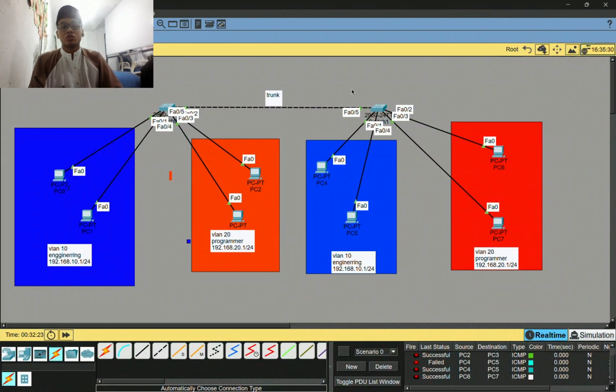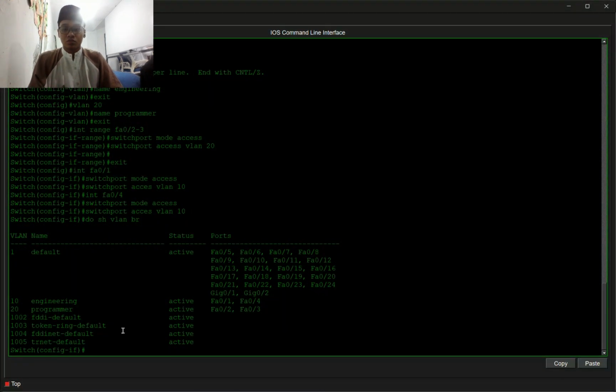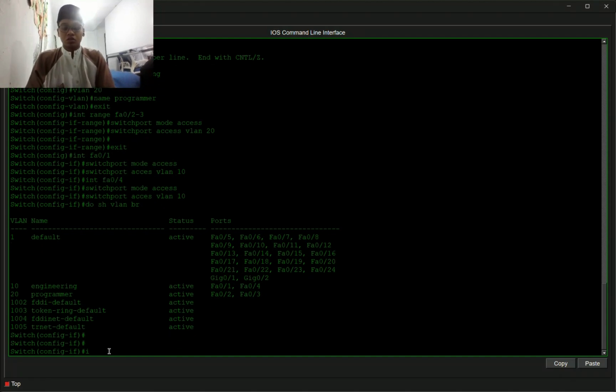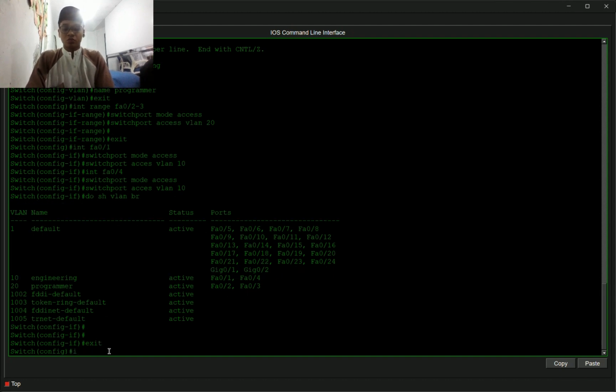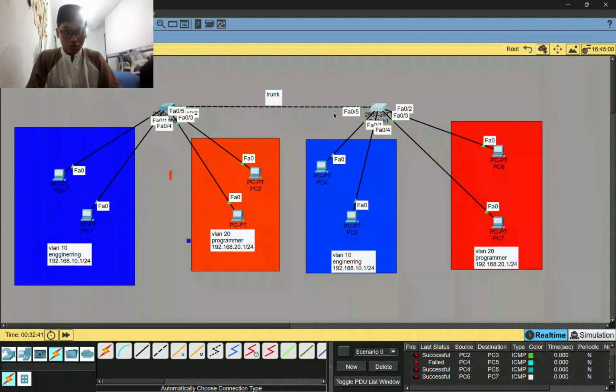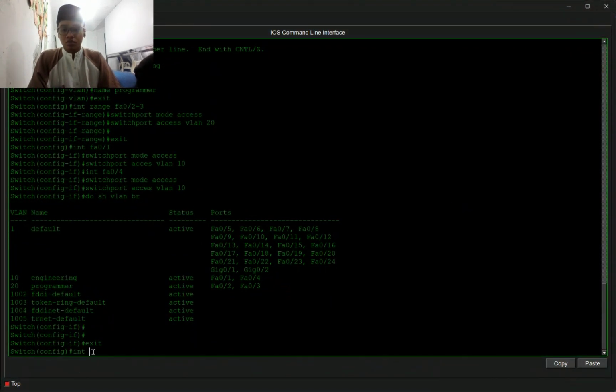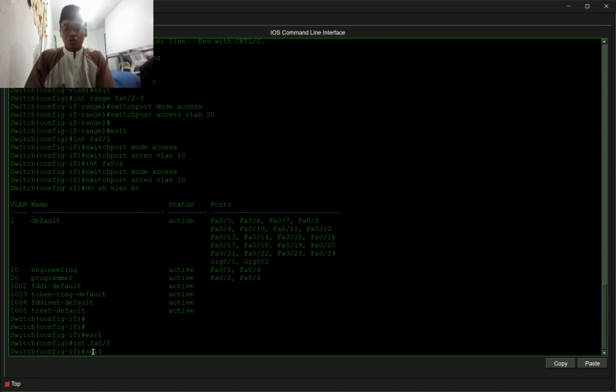And then we must make the configuration trunk with interface active. The interface that you can see here is 0/5, and enter switch port mode trunk.